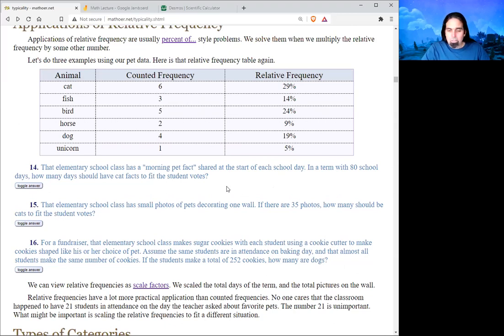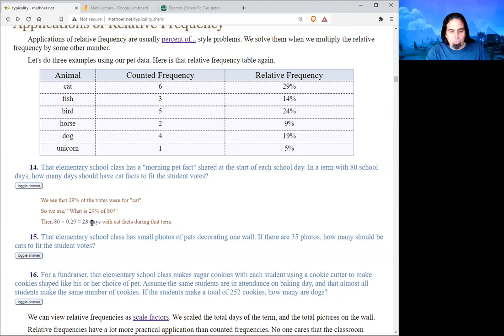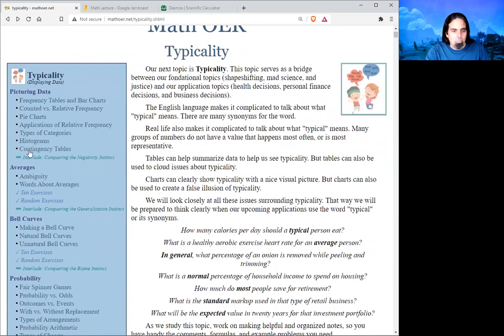Questions about that one? I'm good. You can see the answers if you want to know 29% times something, but that's kind of old math for us. Okay, then